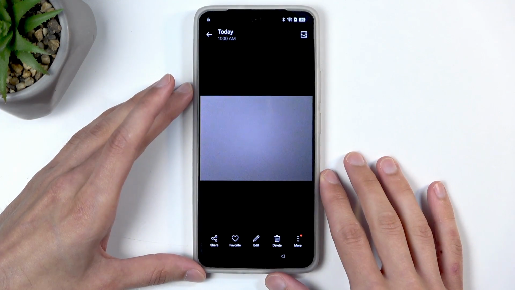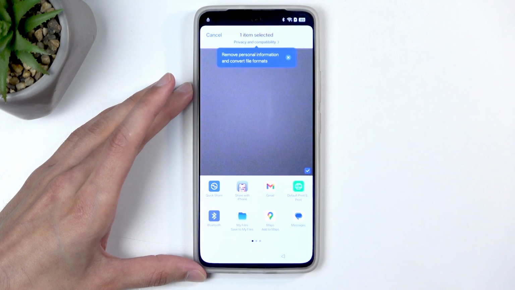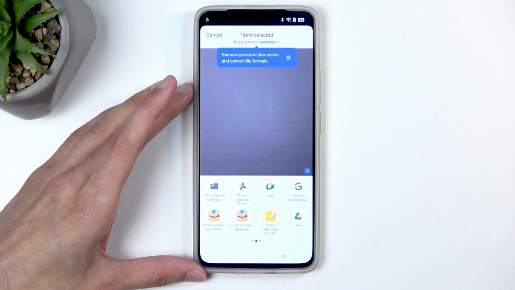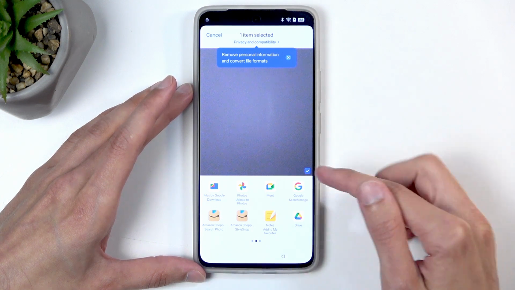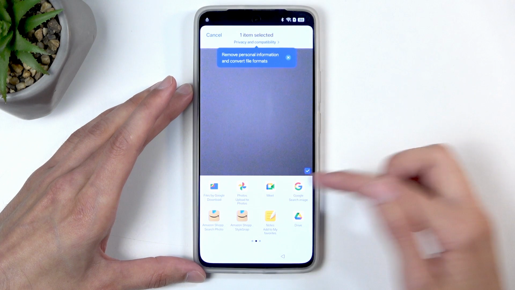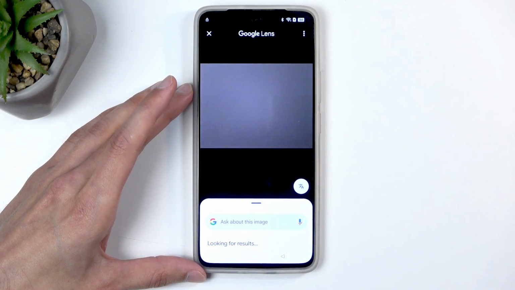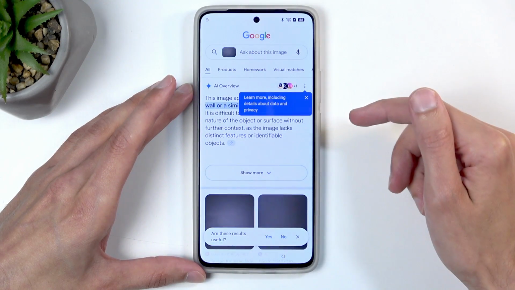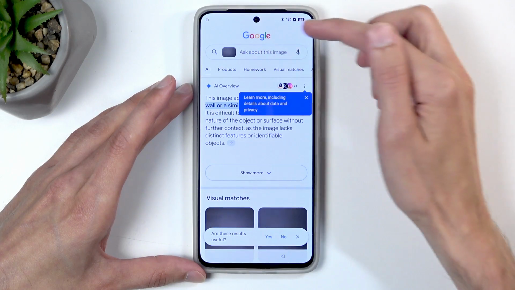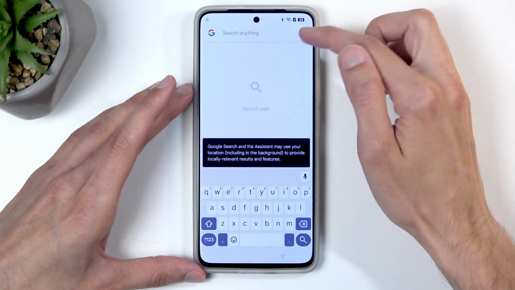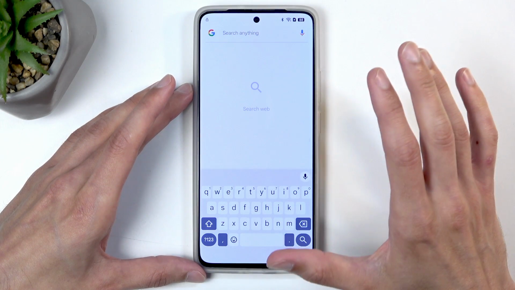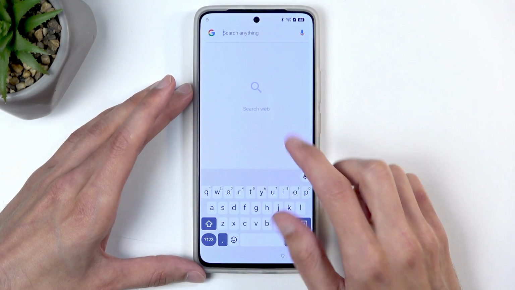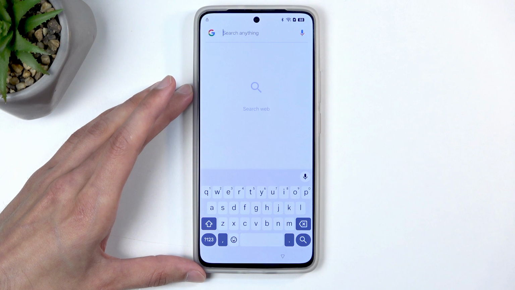So from here, we're going to select share, and you want to choose Google image search, or search image. Just swipe up to pull this fully up, and then you're going to get rid of the image. So click on the X, and in here we're going to type in HardReset.Info/bypass,